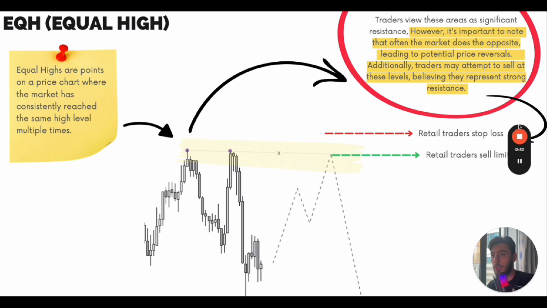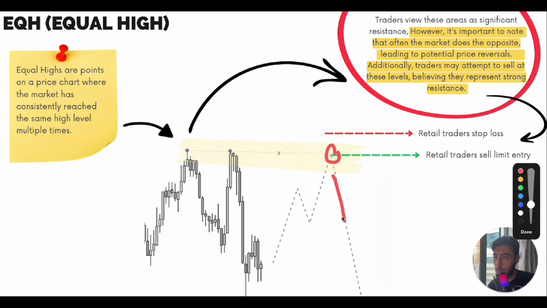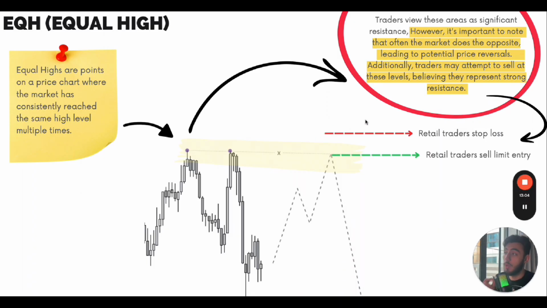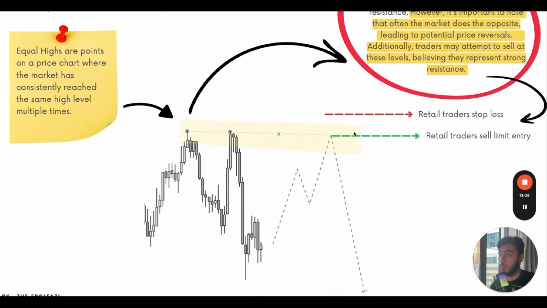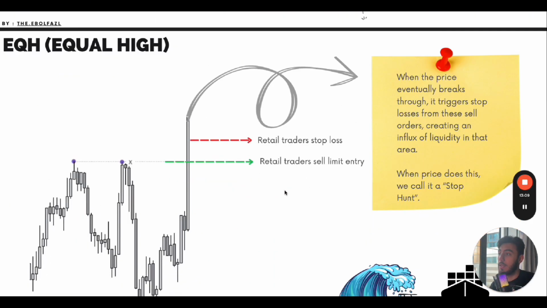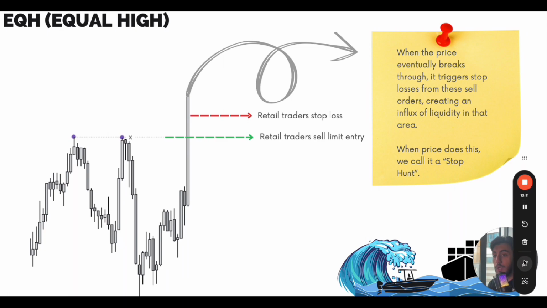This is again going to be liquidity at the end of that. Now, what we can see, they think price is going to tap to here and give us the reaction again. So they put their sell limits here, okay, and the stop loss above this. Now, what they don't know is what price is going to do. Price is going to activate their orders and take the liquidity.